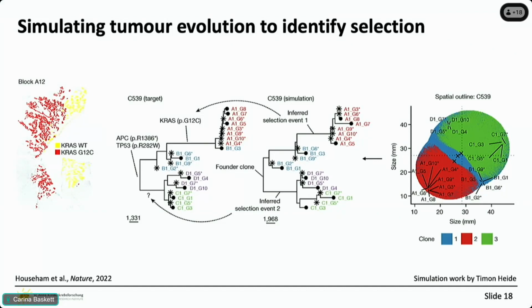And of course, once you've simulated the tree and you know how you simulated it, you can ask, okay, where is selection happening in this phylogenetic tree? And interestingly, in this case, we see an inferred selection event on the top, which is linked to a KRAS mutation. It makes complete sense. KRAS is a super oncogene and it's subclonal and it's clearly positively selected in this particular cancer. But interestingly, we also inferred a second selection event where we had no obvious oncogenic candidate for what was actually causing this selection event. So through these simulations, we were actually able to maybe try and look for more insights into what is driving selection in cancer.